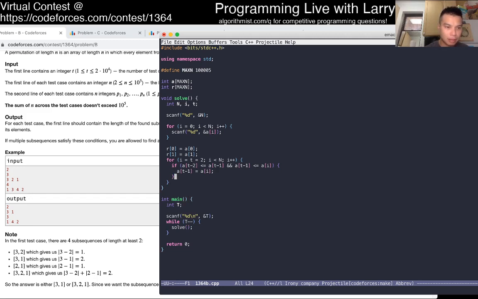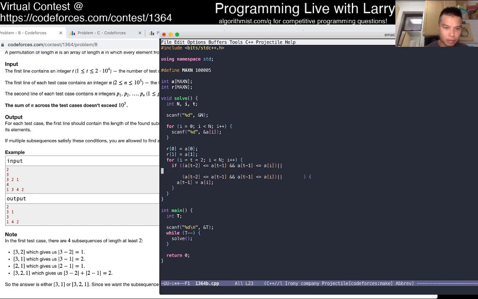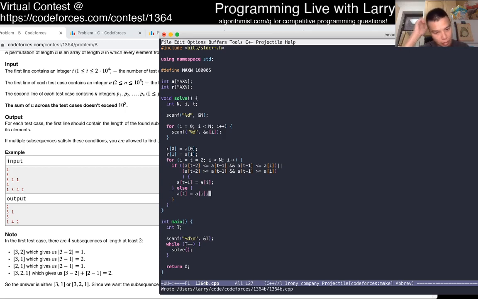So it's this statement or the other version of it. Else a sub t is equal to a sub i, and then increment t. Okay.